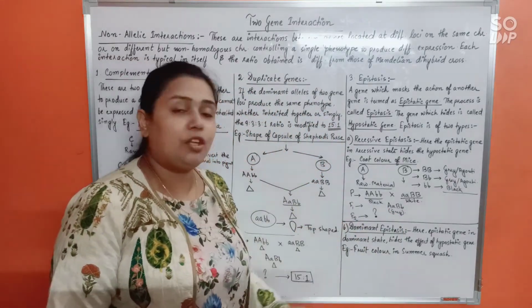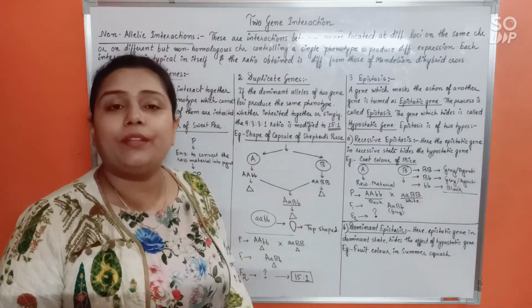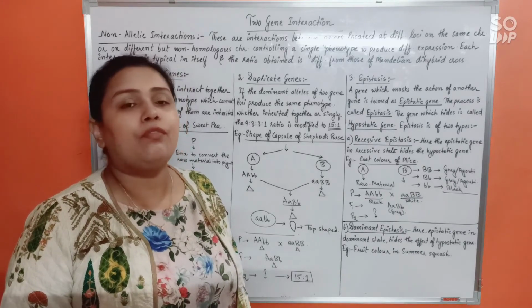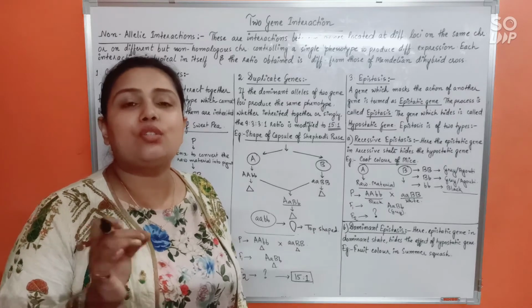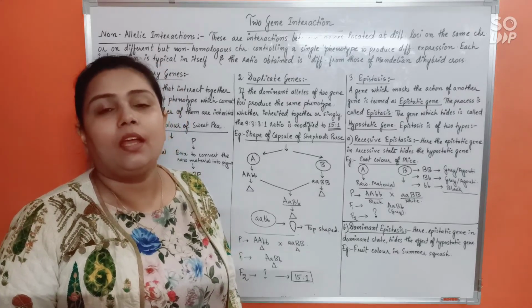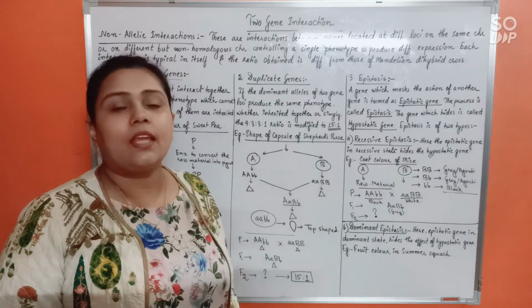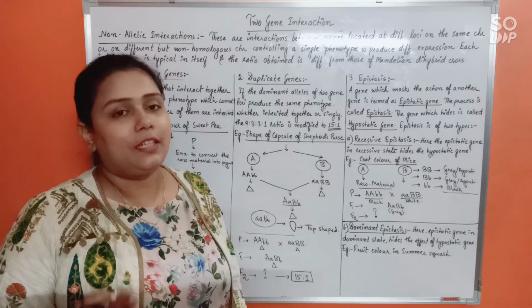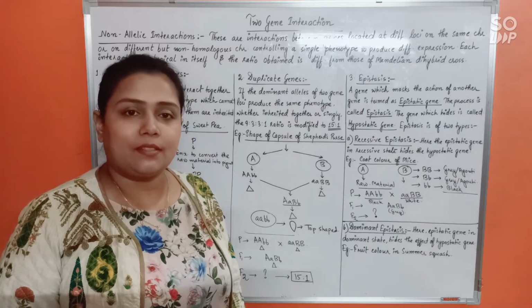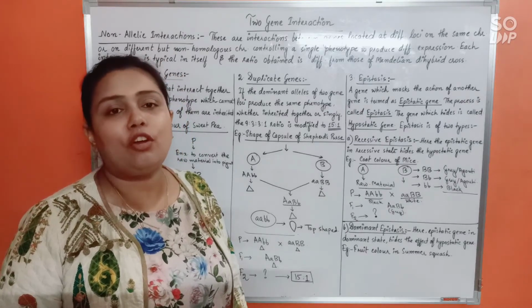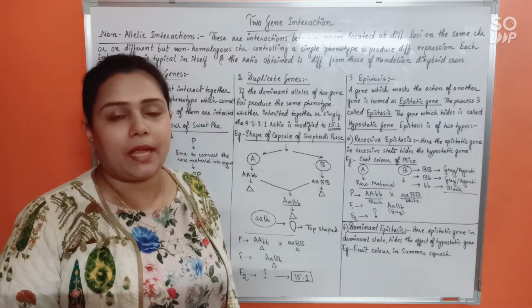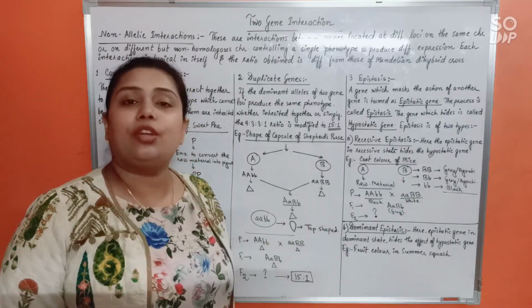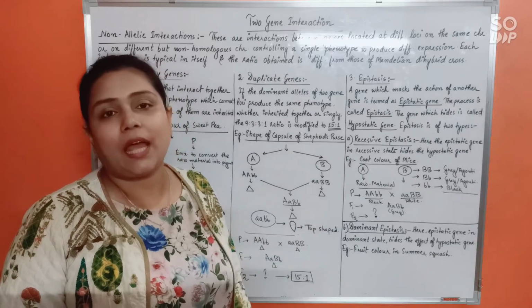Find out the F2 generation right now and check whether the phenotypic ratio obeys Mendelism or not. That means whether the phenotypic ratio is 9:3:3:1 or not. If not, then it will also be deviating from Mendelism. Alright? Right now you need to practice it, because if you keep it for later, everything would keep getting piled up. So all of you pause the video and check out the F2 generation's phenotypic ratio right now.